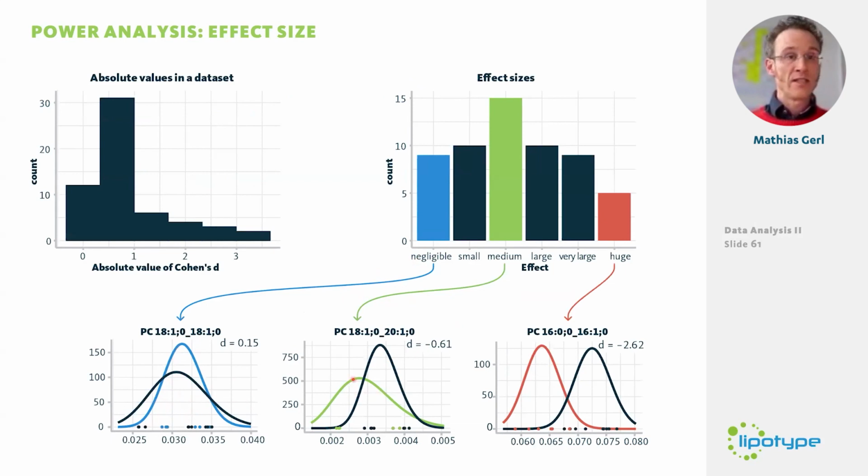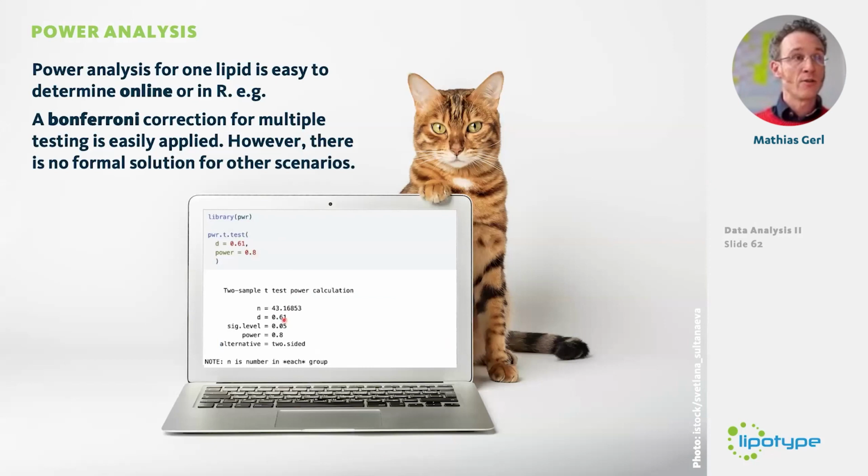And in the middle, you already see that one curve is slightly different, and here it's already clear that the means are clearly separated. If you have an OPLS-DA, or you have the mean and multiple replicates, it's actually quite easy to calculate. You can simply go online or go into, let's say, R, a statistical programming language, and simply say, okay, I have an effect size D of 0.6. I want a power of 0.8. So 80% of the time I want to see a significant result,